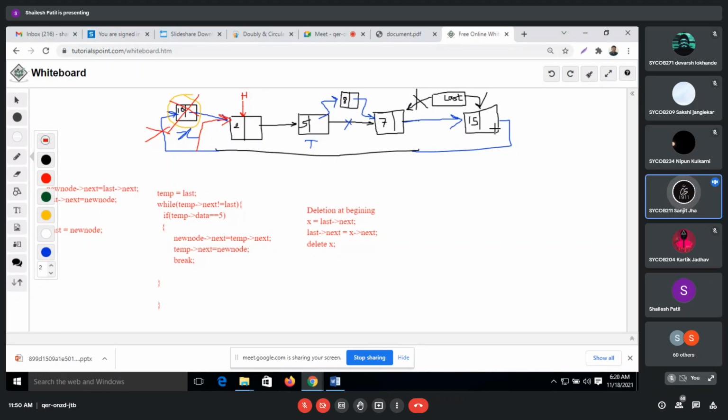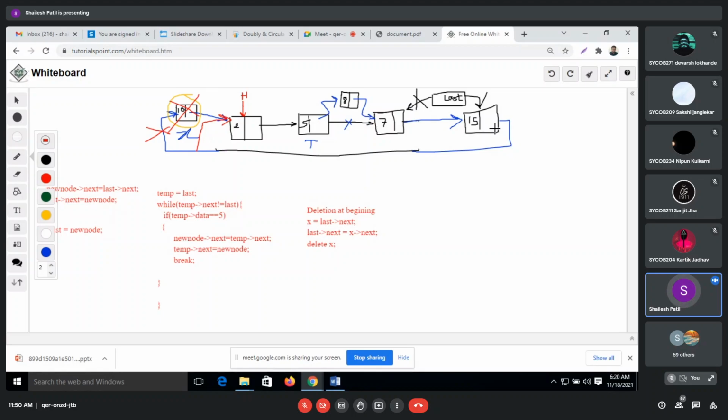Sir, here we will have to use a while loop, right? Because we cannot simply delete the last node. Yes, yes. So that we have to reach the previous node of the last. Okay, so that's the challenge over here. We have to reach the previous node of the last, because last is pointing to the current node, or any other case that we can say.